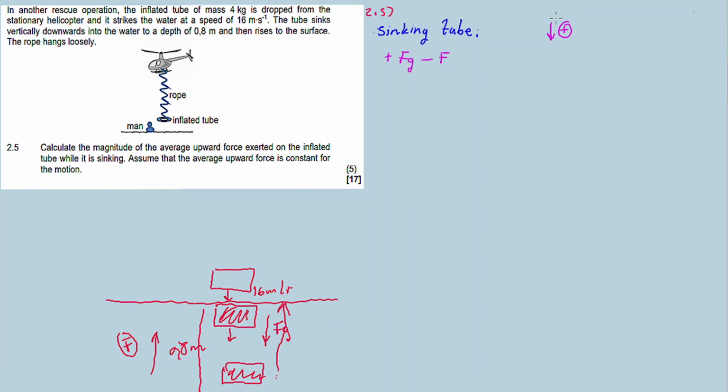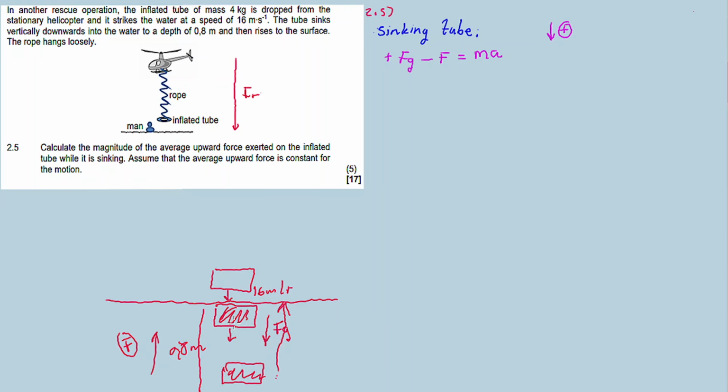And the tube is going to drop, and F net between Fg and the upward force is going to be equal to ma. F net is equal to ma. And the tube's drop will be accelerating, because at first it was doing what? It was in free fall. But when it reaches the water, acceleration, what stops the acceleration is the friction of the water.